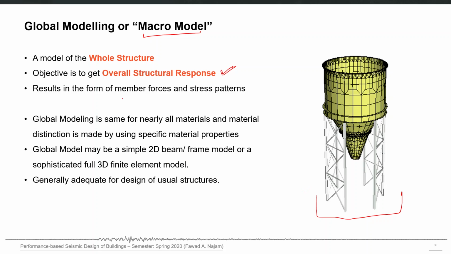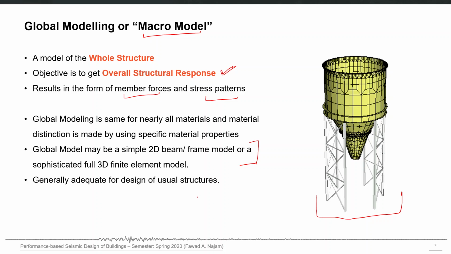The results will be in the form of member forces and the stress patterns, for example, member displacements also you can see. Global modeling or macro modeling is same for nearly all materials, and material distinction is made by using specific material properties. And this kind of a global model may be a simple 2-dimensional beam frame model or a sophisticated 3-dimensional finite element model. So the global model means that we model the complete structure. We are interested in the overall global behavior of the structure. We are not focusing on a particular part of a structure, and this macro modeling is generally adequate for the design of usual